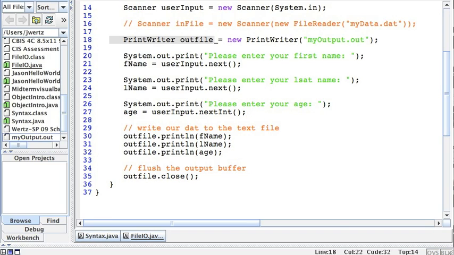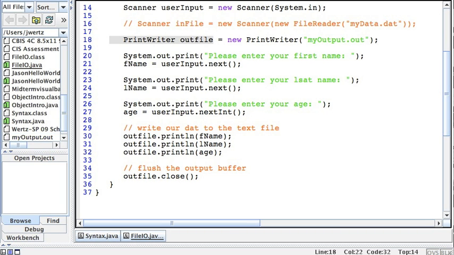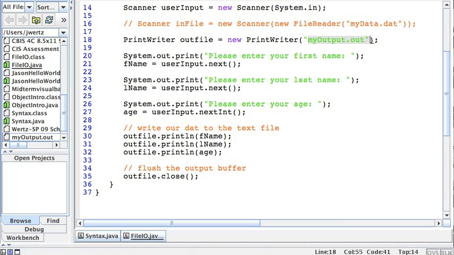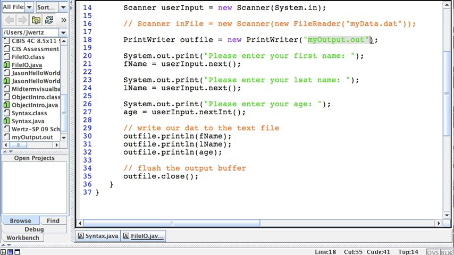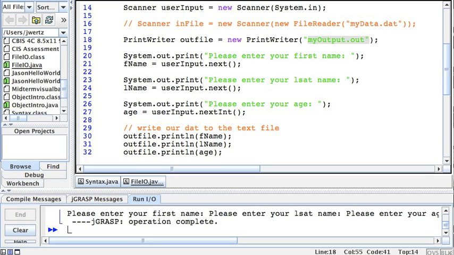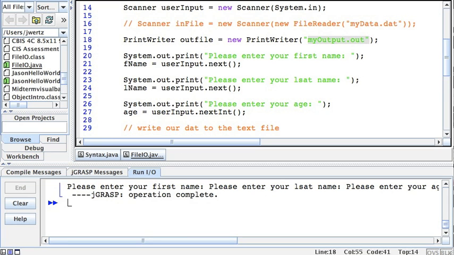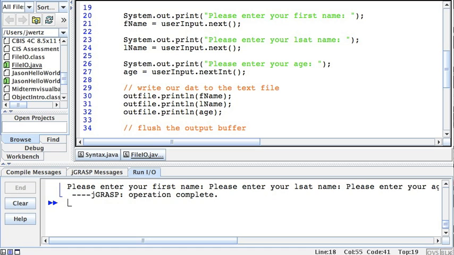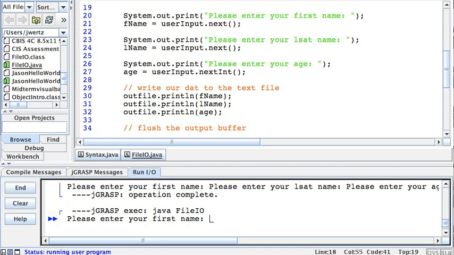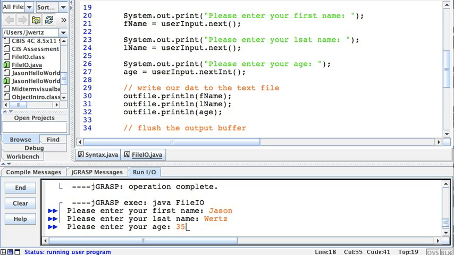And just to show you, I haven't run this yet. I'm going to look at the folder and notice there's no file called myoutput.out in this directory. So let's go ahead and run my program. And I'll try to make this fairly big so you can see it and you guys have the code to walk along with me. So I'm going to compile it and I'm going to run it. So I'm going to enter my first name, enter my last name, enter my age,